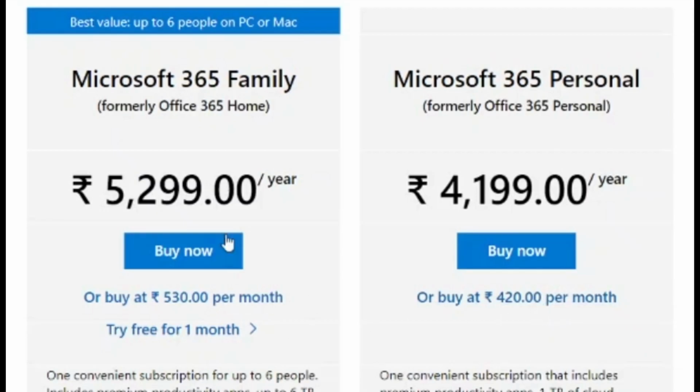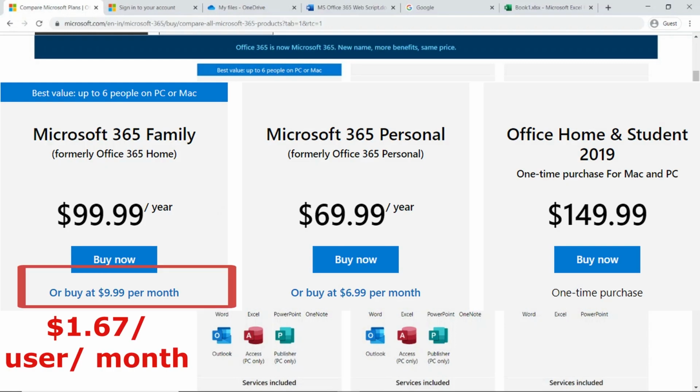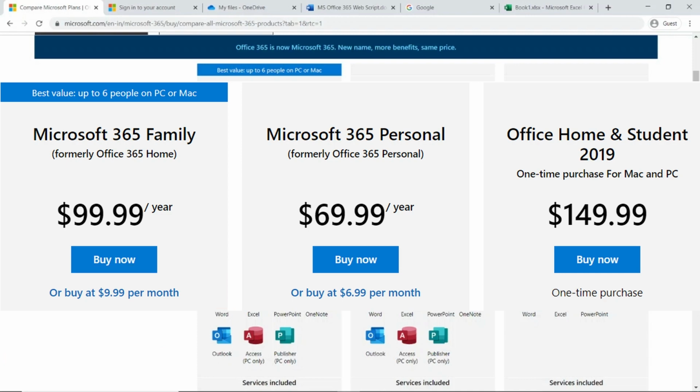Well, I forgot to mention one thing. You also have an option of paying here on a monthly basis. It will be a little more expensive, but at least you don't have to pay lump sum in one go. So if it's $70, and let's say I believe it was $10 per month, so $10, if it has to be paid divided by 6 people in the first case, is just $1.60, which is nothing for getting all these features plus 1 terabyte of space for an entire year.